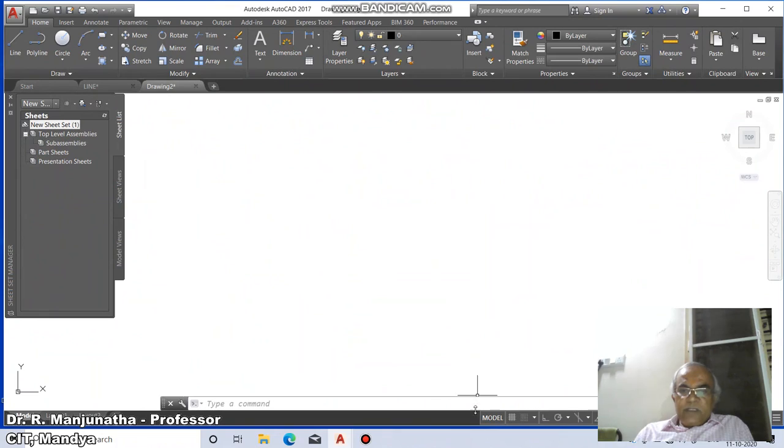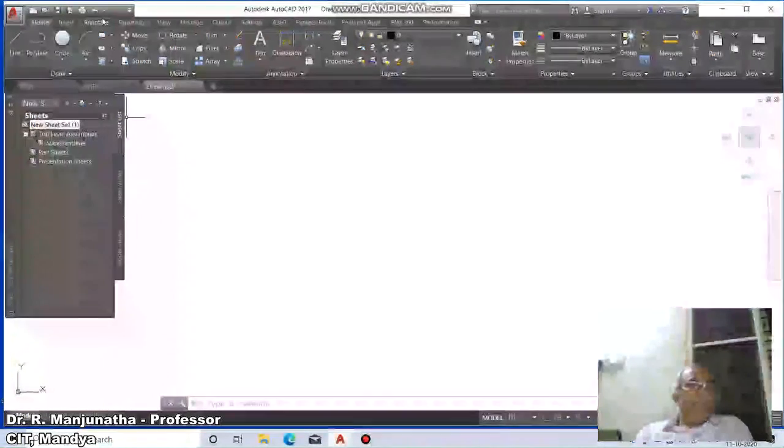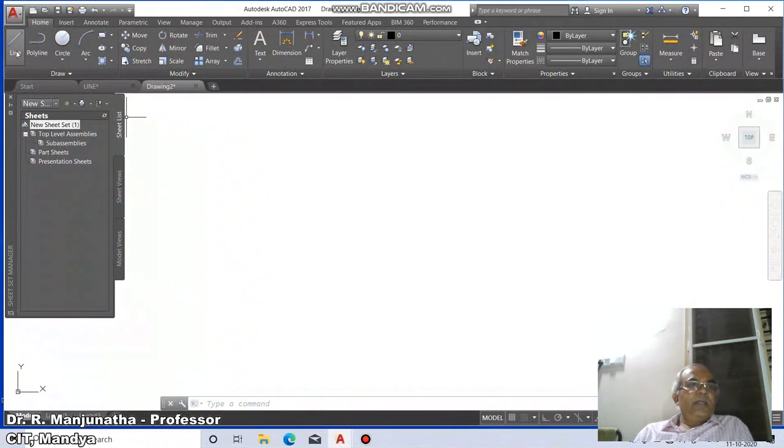And we can see here one tab is Model. This is the model space, the space where I can create the model or the drawing. You can see type a command, which means the command can be typed only here. There are three types of inputs we can give here: one through the keyboard, another by pull-down menus, and the other by using the toolbar. These are the various kinds of inputs.